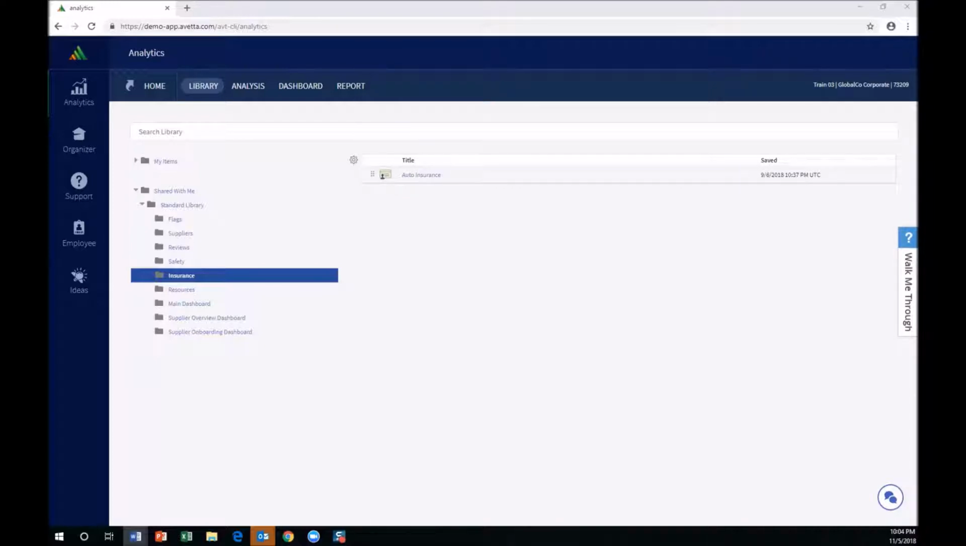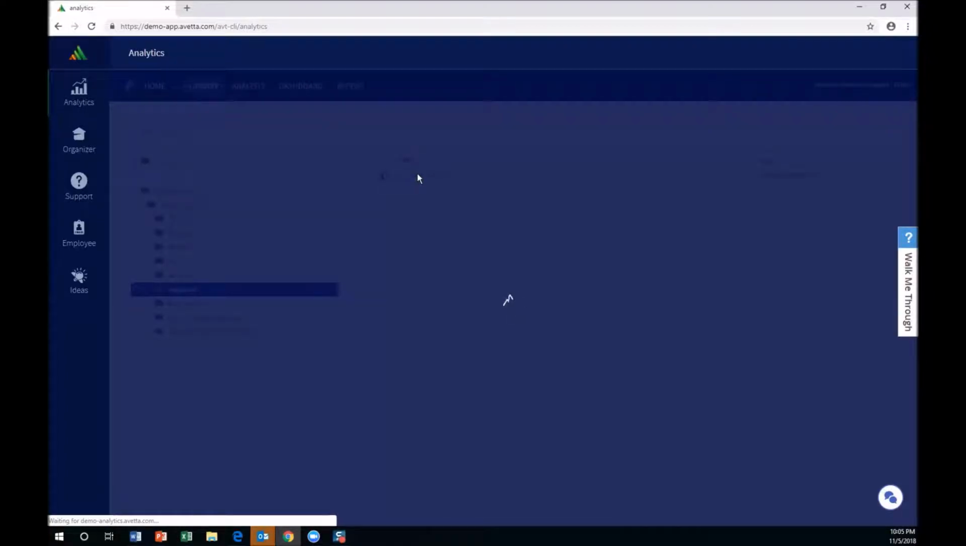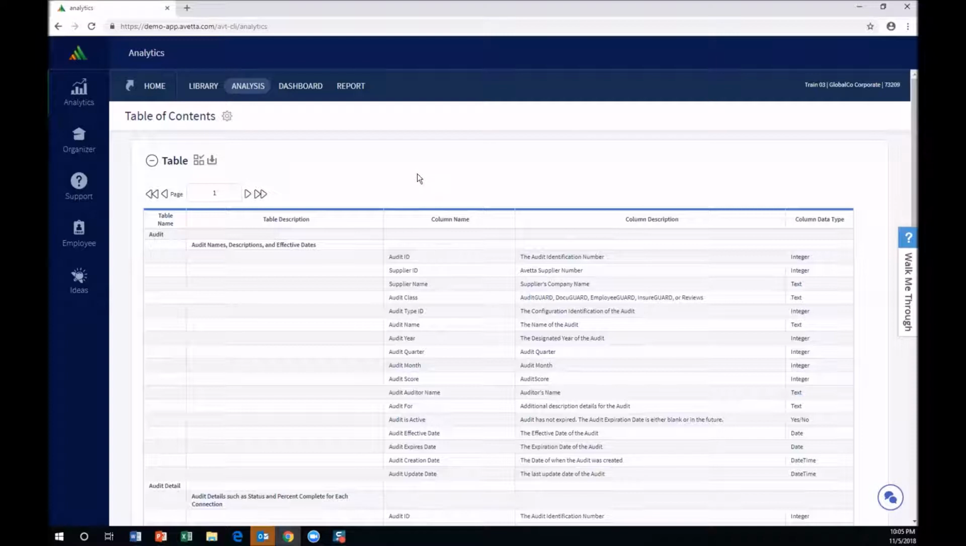And next, we want to take a look at one of these analyses. And under Resources, there is an analysis called Table of Contents. And this is very, very useful when you're designing your own analysis dashboard or report. So if you open up that analysis called Table of Contents, this is a report that shows you all